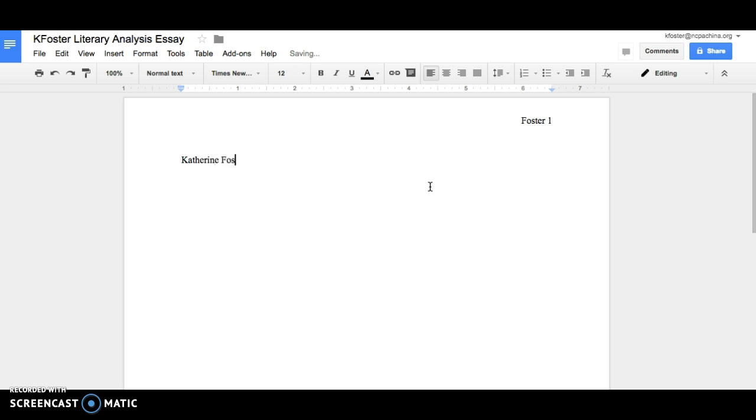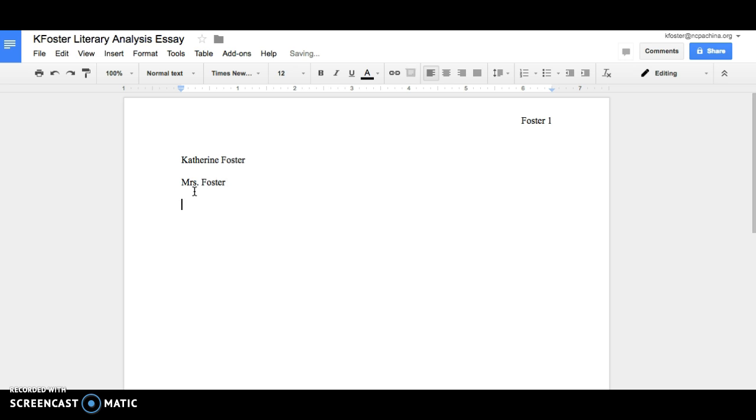Whoops, wrong name. Okay. Make sure both names are capitalized and there must be a space. Okay, then you hit enter. And as you can see, there's a big gap in between this line and this cursor, and that's because we are in double spaced already. So then you are going to type my name